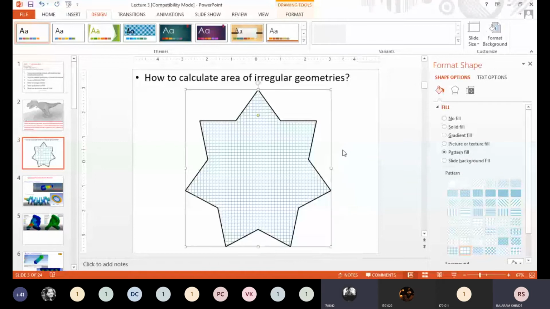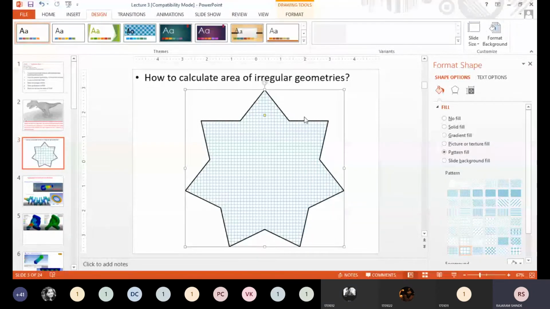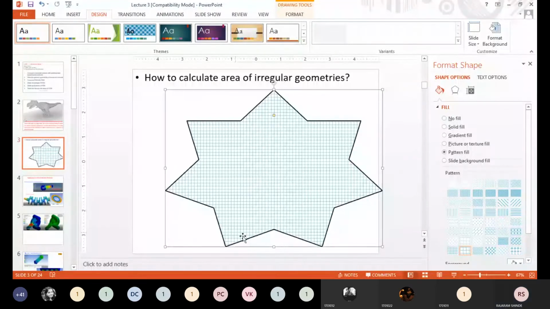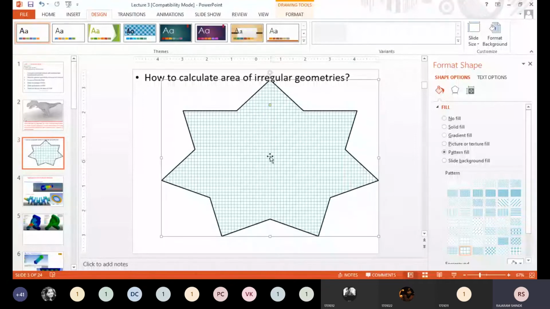Now, after that, what we are doing? We are removing that, we are putting the graph paper, or this image we are putting on the graph paper, or this geometry we are putting on the graph paper. Then we are removing that geometry after drawing the external edges of that geometry. Okay. After that, what we are doing? We are counting these rectangles, small squares. There are some small complete squares, there are some half squares that we are counting.